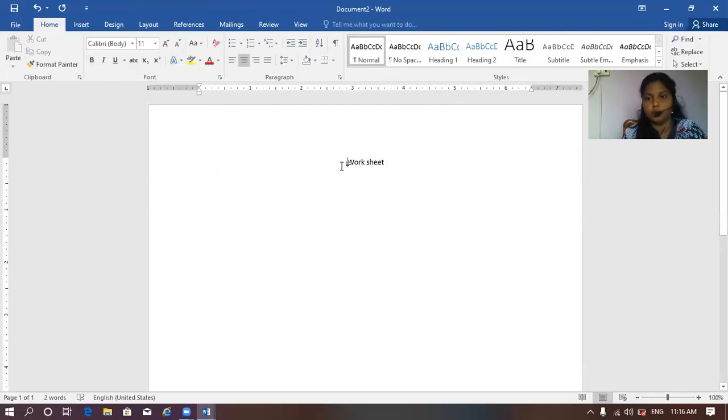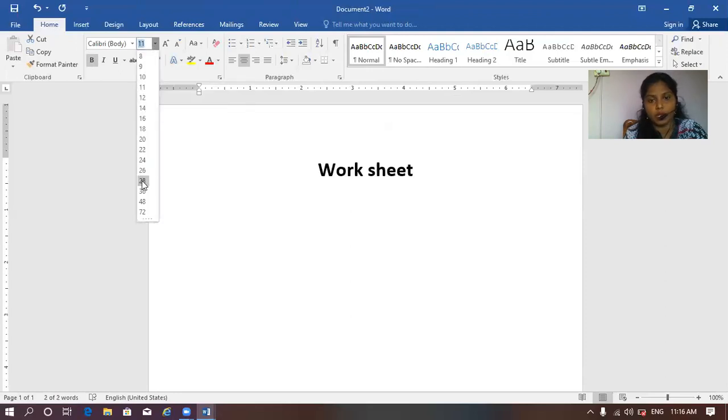Whatever changes you want to make, or if you want to format your text, you have to select the text. And one pop-up menu will come every time when you select the text. If it is not there, you can directly click here, that is bold. And you can increase the size of your heading also, 28.